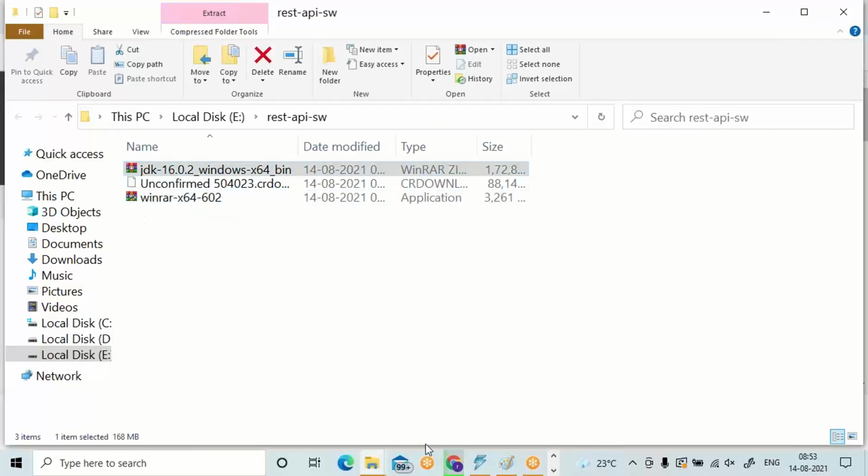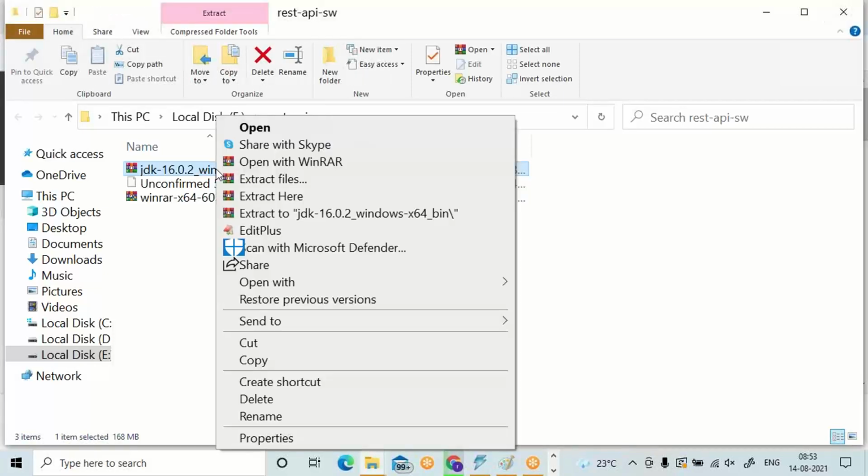Next one, JDK. Extract this JDK. Right click on compressed file.